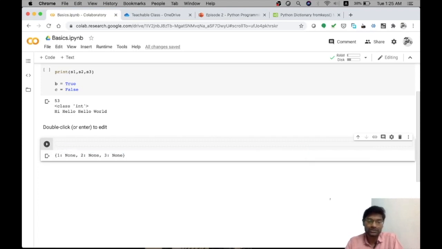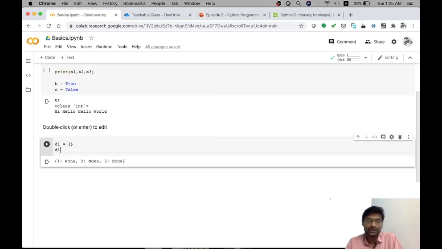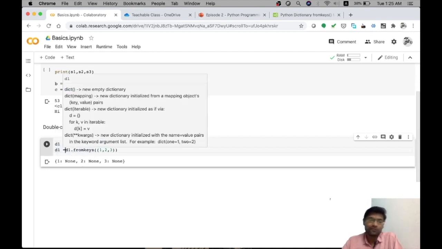So what I will have to do is, I need to have a dictionary in place first of all. So I'll create an empty dictionary and d1.fromkeys, and within that bracket I need to give some iterable collection. So here I give a tuple element where I can iterate one after the other elements, or it can be a list or set data type also. So here d1.fromkeys within bracket 1 comma 2 comma 3. So what will this do is create and return a dictionary such that 1, 2 and 3 are keys of this particular dictionary.